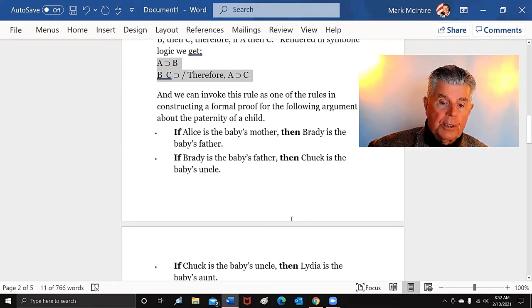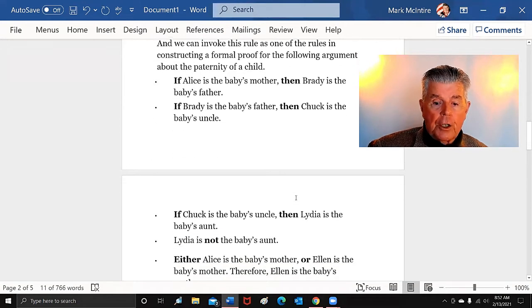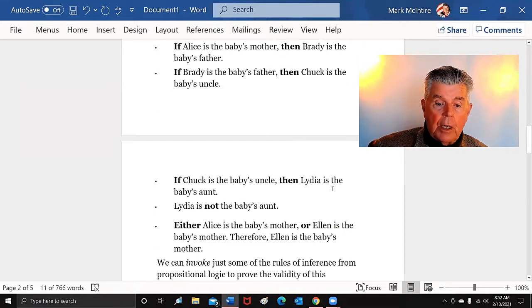And if Brady is the baby's father, then Chuck is the baby's uncle. If Chuck is the baby's uncle, then Lydia is the baby's aunt. But Lydia is not the baby's aunt. That's the key proposition right there. Lydia is not the baby's aunt. Because what does that do? If Lydia is not the baby's aunt, then Chuck is not the baby's uncle by one of the rules called